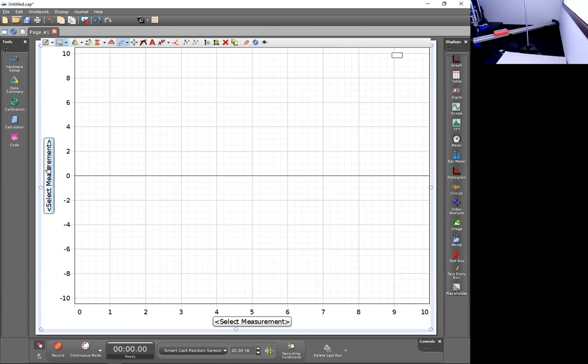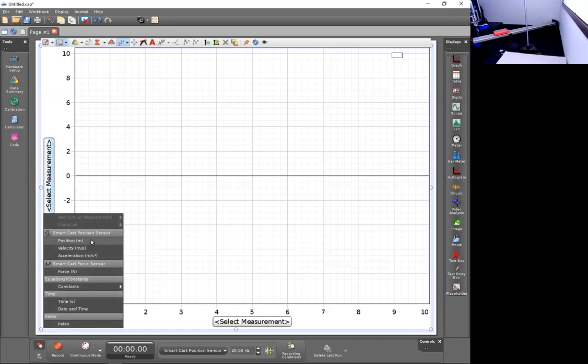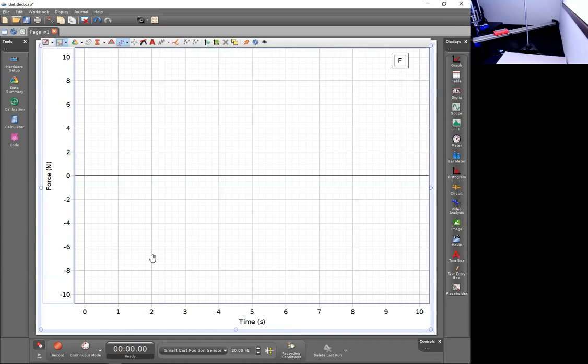I have the opportunity now to define what I want to be on the axes. For the y-axis, I'll click on the Select Measurement button, and I'm going to start by looking at the force. That's the force where I have that spring bumper attached to the end of the smart cart. Now, I think I'm on the right track here. I'd like to do a test run just to see if I am set up to properly record the force as I collide the smart cart with the end stop at the end of the track. So I'm just going to hit record in a moment, and then I'm going to push the cart along the track, let it collide, catch it on the way back, and press stop. So we'll look at the force versus time data that I collect from that sequence. All right, record, push, grab,